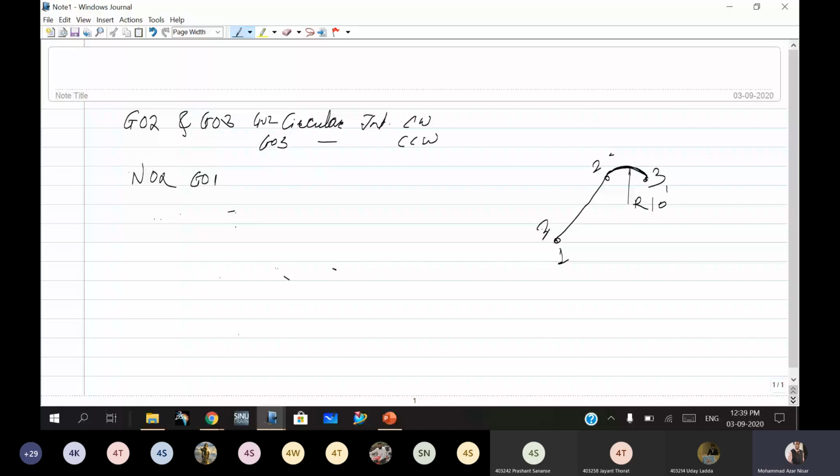This direction is X, this is Y, and this is Z. Some depth is given in the Z direction. So Y will be there, Y50.